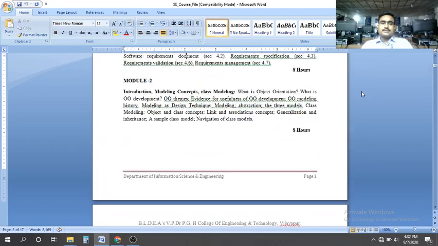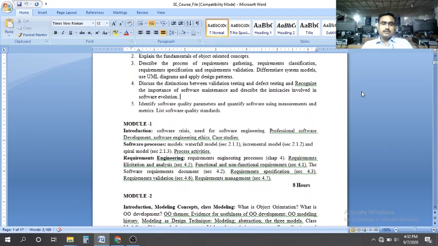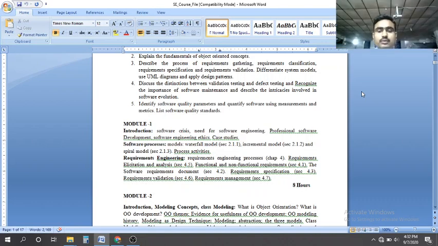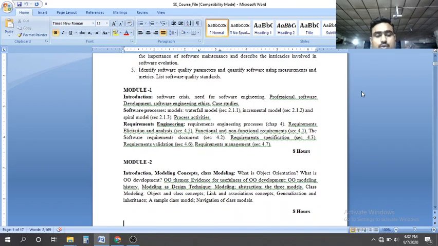module 1. What exactly is module 1 going to contain? Each and every subject has module 1 as the introduction part. Here in the introduction we are going to study what software engineering is, and why we need software engineering. The software process and requirement engineering are also covered in module 1. In the next module, module 2, we are going to go through some of the object oriented modeling